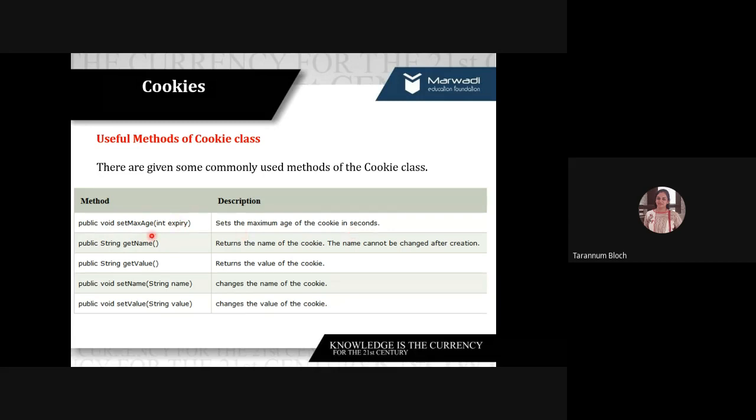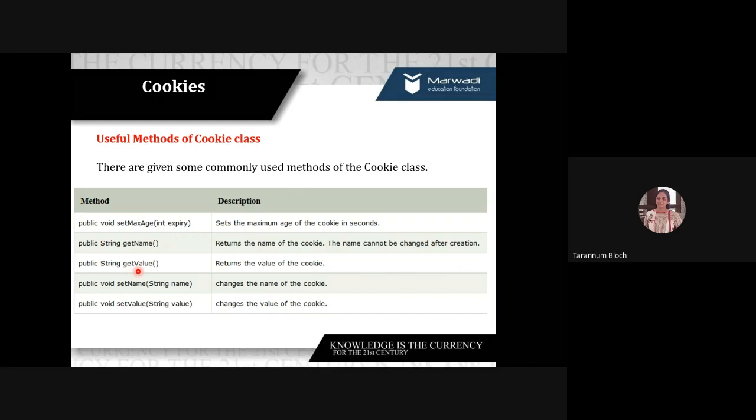This integer provides how many seconds the cookie will be available. Another one we have is public String getName, which returns the name of the cookie, which cannot be changed once it is created, because you are setting it inside the client machine, and that's why once it is created, you can't change the cookie variable.